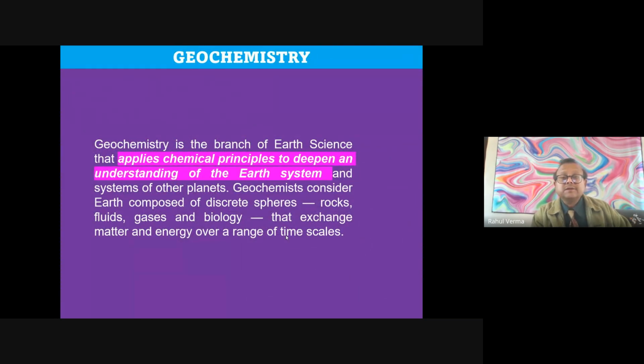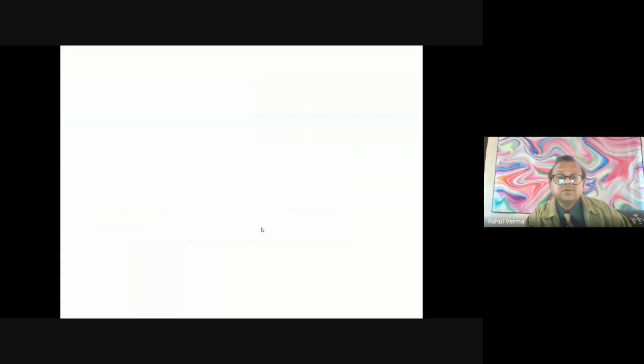Now geochemistry uses chemical principles to deepen the understanding of the earth. So the earth is like an experimental jar. Because of the action of water, wind, temperature, pressure, and gases, and changing depth, the earth is always acting as a chemical laboratory, and amazing things come out due to the geochemical processes of the earth. Here are some clues.